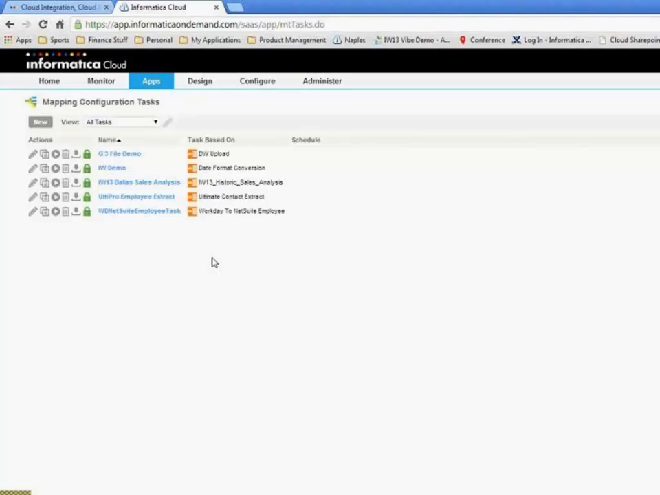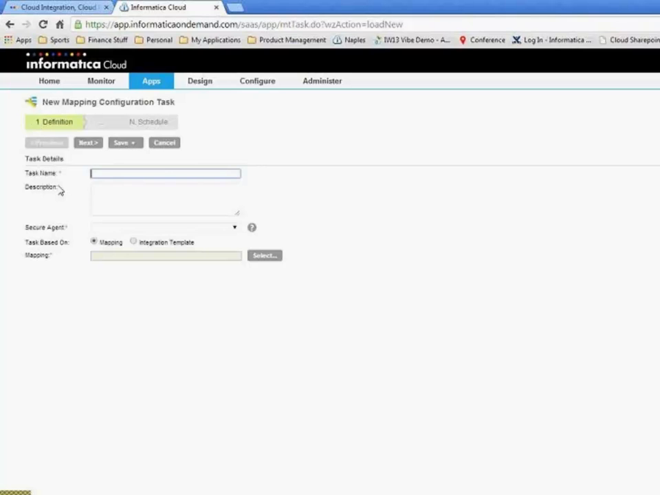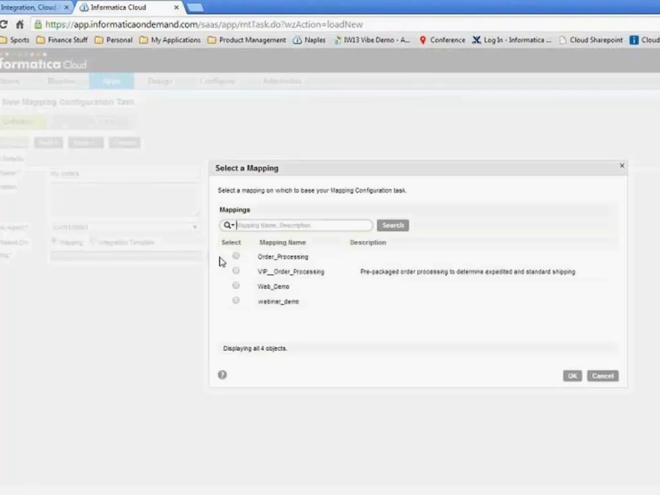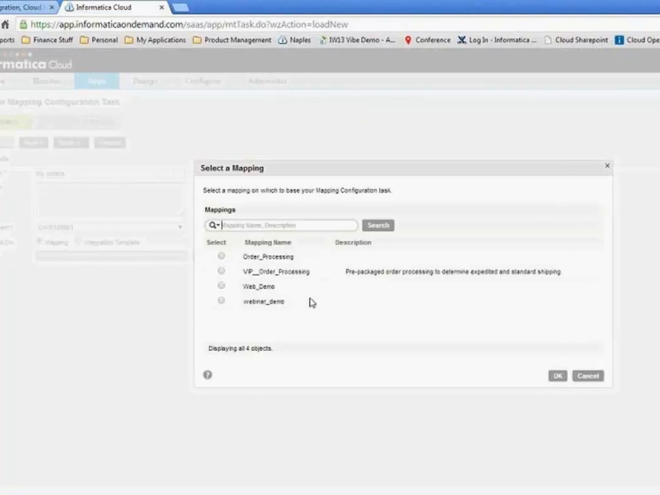All right, so now an end user will go in, and they hit new, and they want to deal with their orders. I want to do my orders. I'm going to run that on my agent. And here under mapping is where I'm going to select, and here is where I will see all of the VIPs that I have downloaded as a customer. And here I've already downloaded that order processing VIP that I showed you earlier,